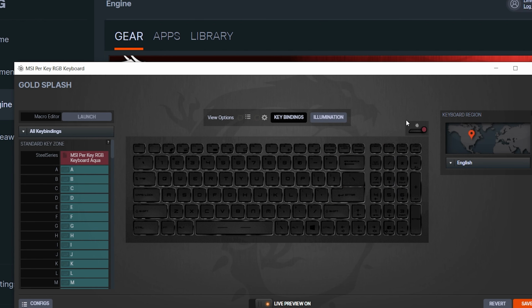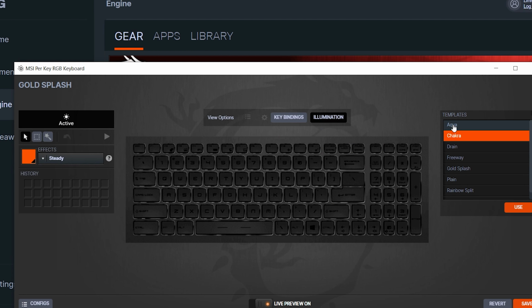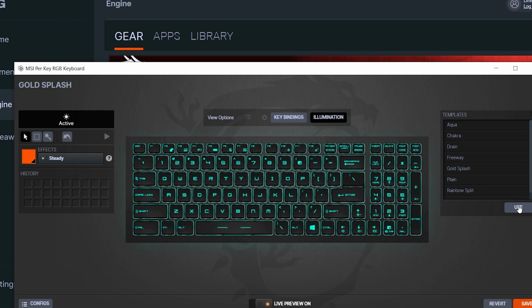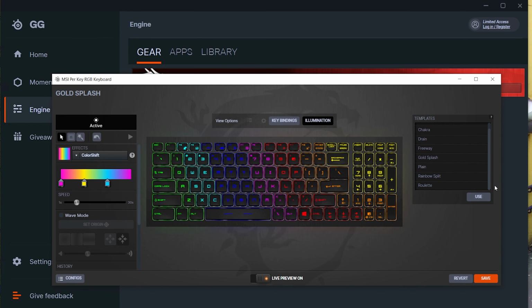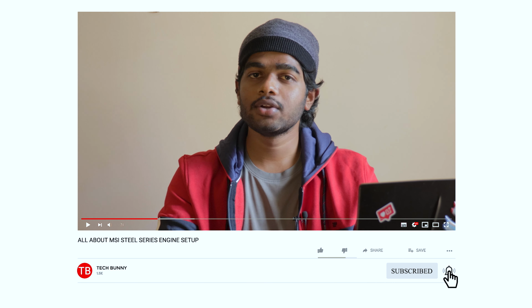It takes some time to customize, and what settings are there in this SteelSeries Engine, I will soon post that also in future if time permits, but I quickly showed some random settings here. So here you can see some of the inbuilt templates which come in your MSI laptop. You can customize these too, which I will show in future videos. Stay tuned for that. So this is how you can properly install the SteelSeries Engine in your laptop. But when it comes to customization, it's totally up to you. It's your wish which color you like for each key. Click on the keyboard and start customizing the lighting according to you.